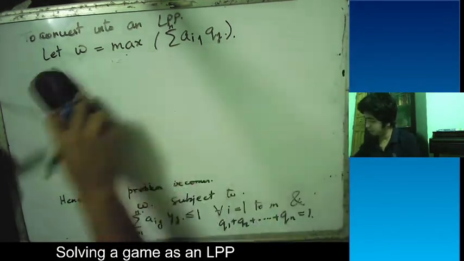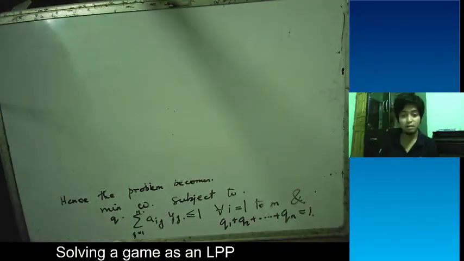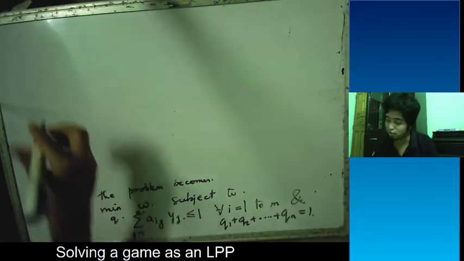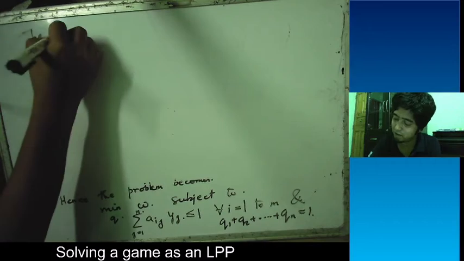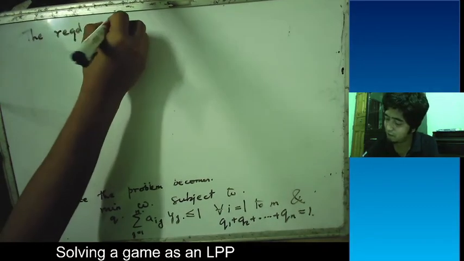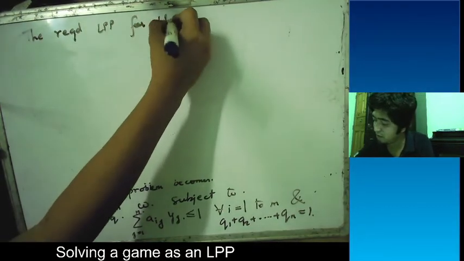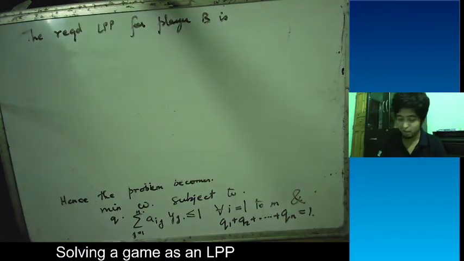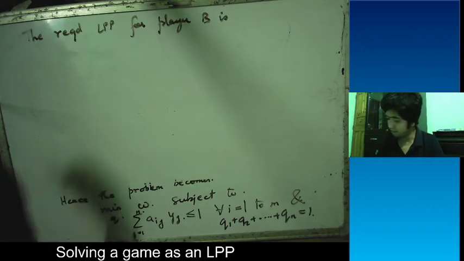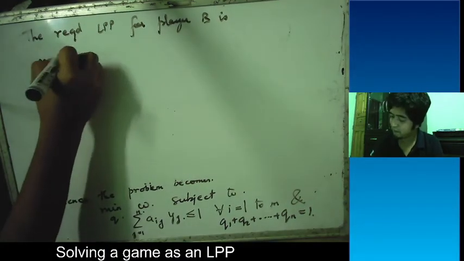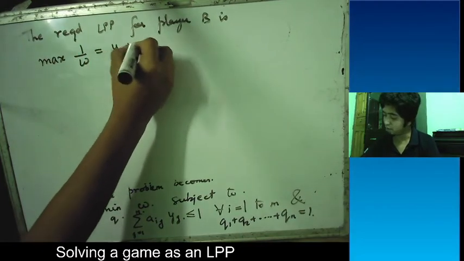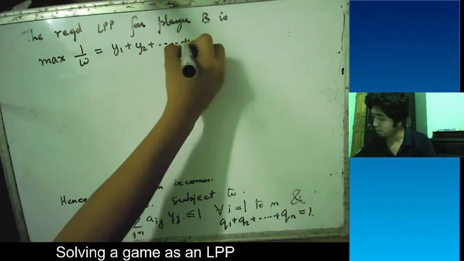But again we can actually write this into an LPP. Instead of minimize W, we can write maximize 1 by W. The required LPP for player B is maximize 1 by W equal Y1 plus Y2 up to Yn,